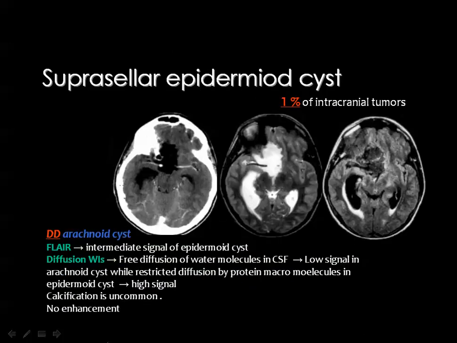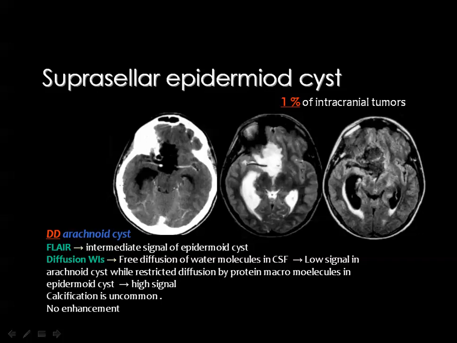Suprasellar epidermoid cyst is also a known lesion in the suprasellar area, and you remember that the epidermoid cyst is a cyst containing fluid like CSF. It will appear low signal in the T1, high signal in the T2, but in the FLAIR images the epidermoid cyst will not show similar signal to that of the CSF because of the different components of the cyst content. Also, you remember that the lesion will appear hypodense, similar to the CSF in the CT scan. One of the important features for diagnosis of epidermoid cyst is the